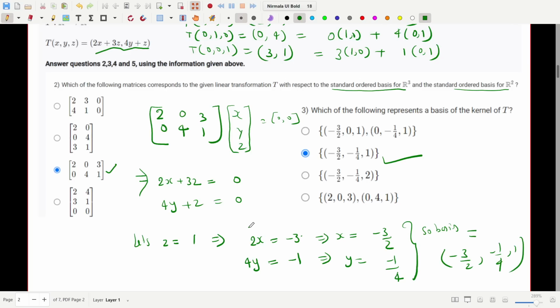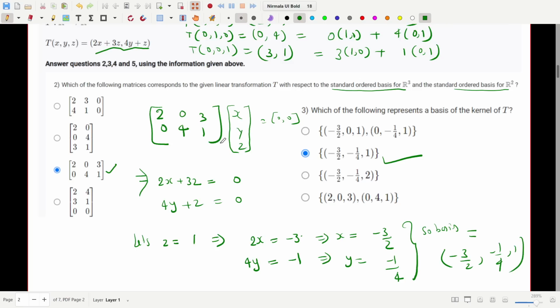Here also, 2x is equal to -3, z is equal to 1, x is equal to -3 by 2, and y is equal to